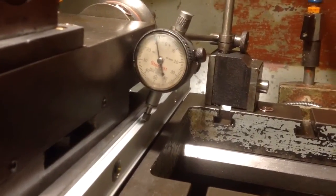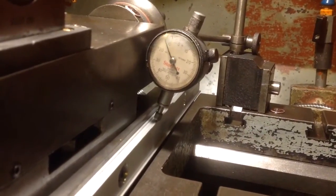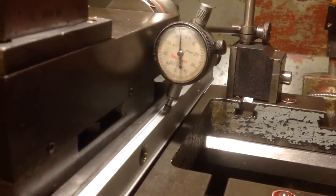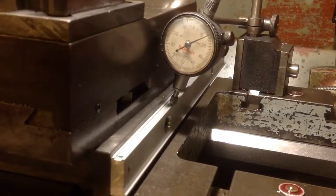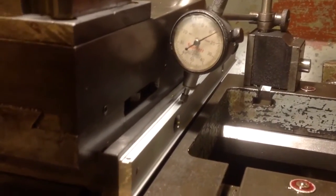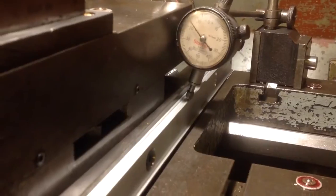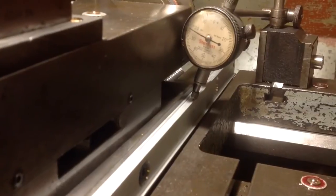Okay, I've snugged that up with one bolt and just set my DTI on there. I've definitely got a falling number there as I wind it back. I'm trying to wind and hold the camera at the same time. I hope it's not too bad. I think if I take a reading at the pivot point there, 20, and wind it back as far as I can and pull the DTI back to 20, we should, okay,